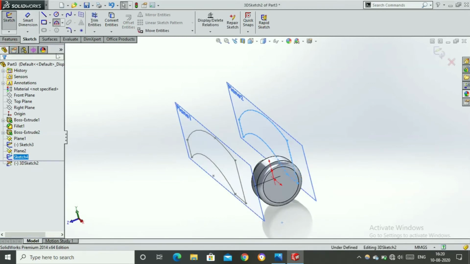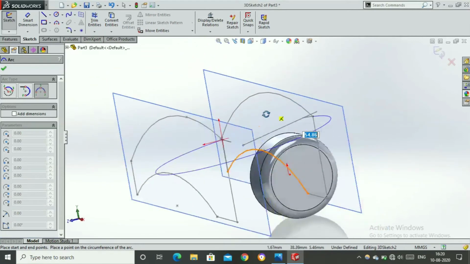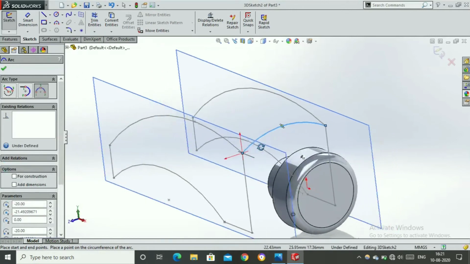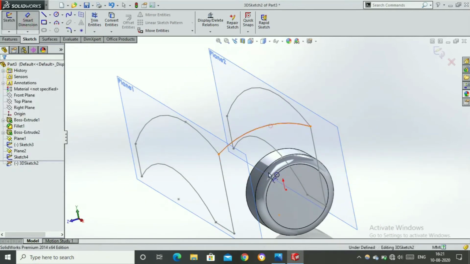Now let's take an arc, press the tab to change the coordinate axis. Okay, now this arc is of radius 60.